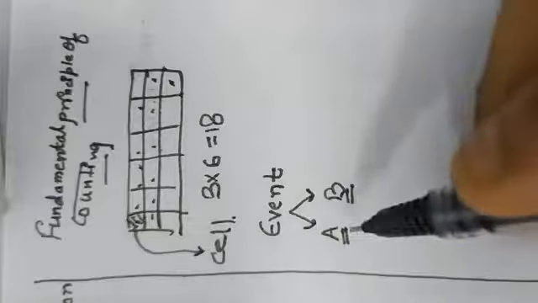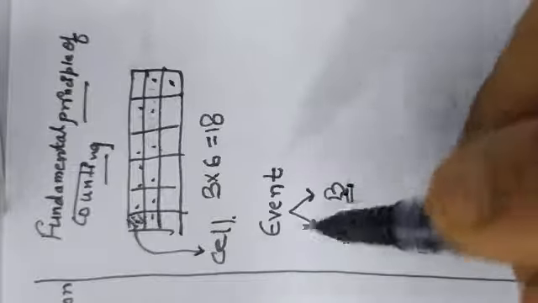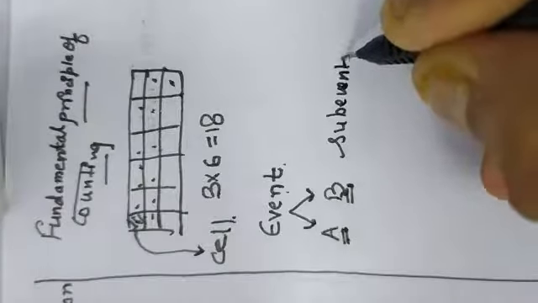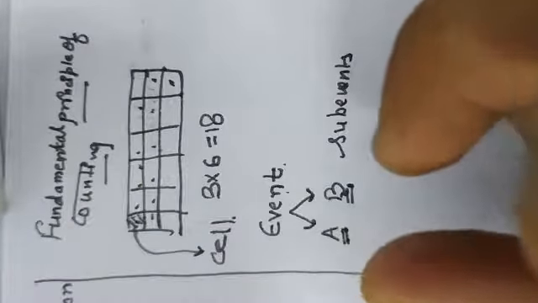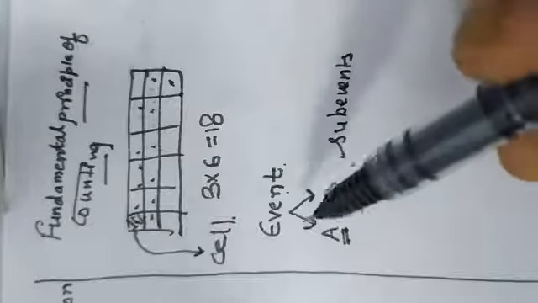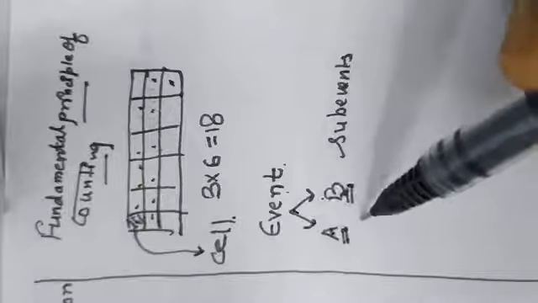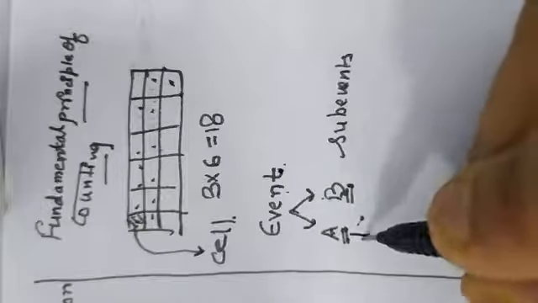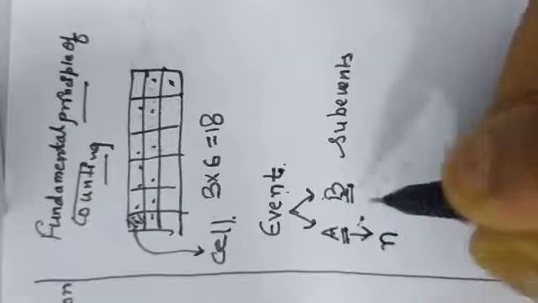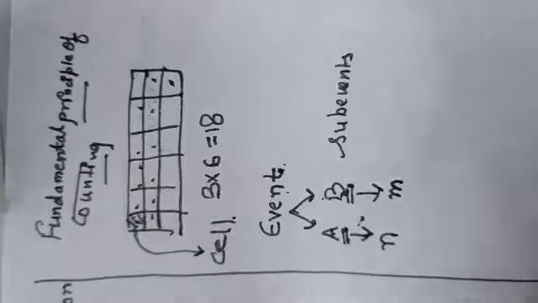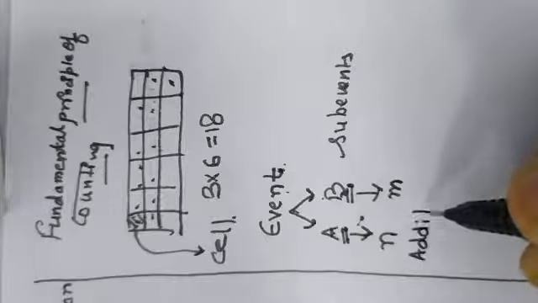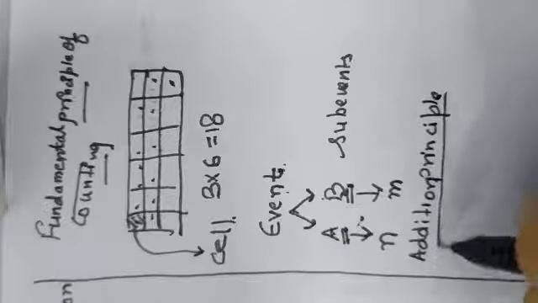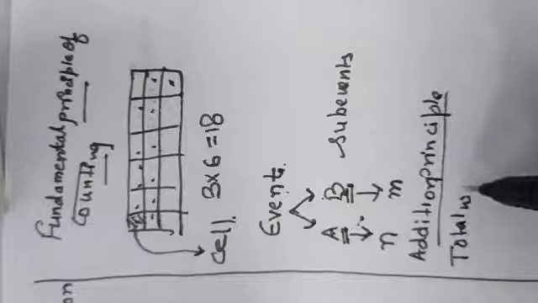What I am saying is that if any one of these gets completed, the event will be complete, and these are sub-events. So if the main event comprises two or more sub-events and the completion of any one of them can lead to the completion of the event, and A can be performed in n ways and B can be performed in m ways, then I will use the addition principle, and the addition principle says that the total ways will be